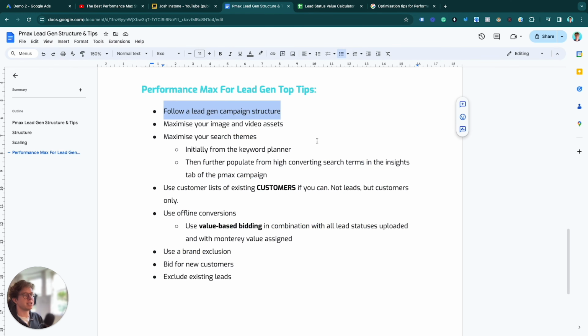So let's go back to it. So there we are. We are following a lead gen campaign structure. Next thing we want to do is maximize our image and video assets. Now, if you're running a lead gen campaign, you cannot just tick the boxes by throwing in really average images and video assets. Okay, you really got to spend time to create good quality image assets and video assets to